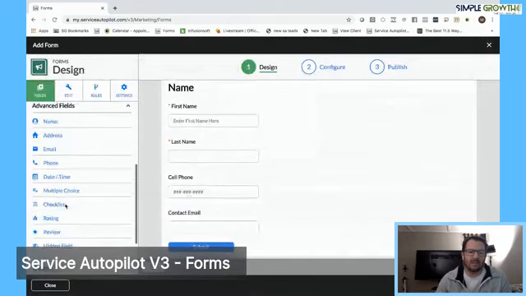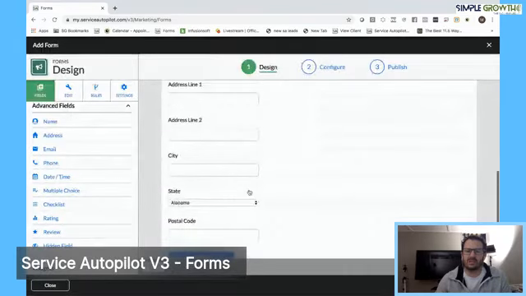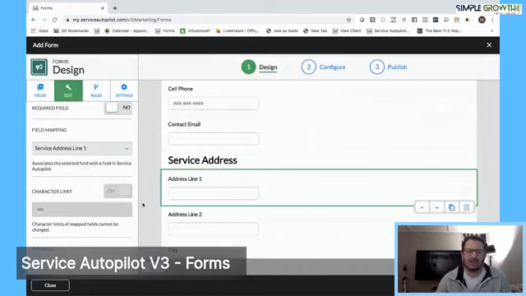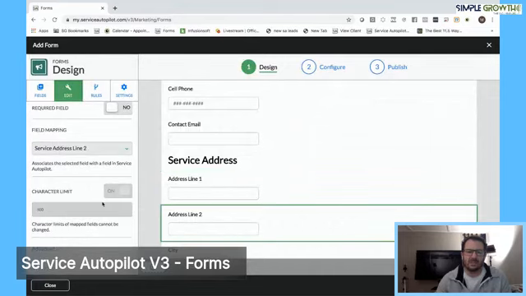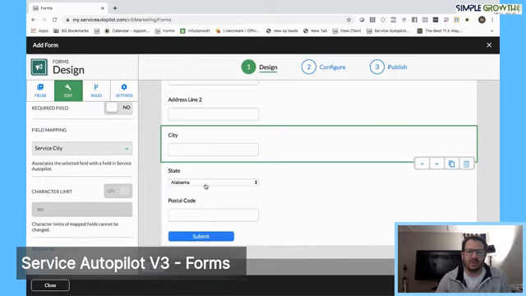And then I am probably going to go in and grab address. And this is going to be the service address because this is the area we're going out to do the estimate for. Now, billing address will be added later once we create that lead or client. So now the cool thing with most of this here is it's already built out and it's already mapped back. So this is a lot less work for the end user, for you and I,